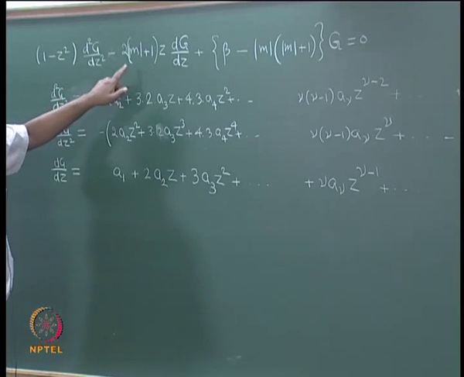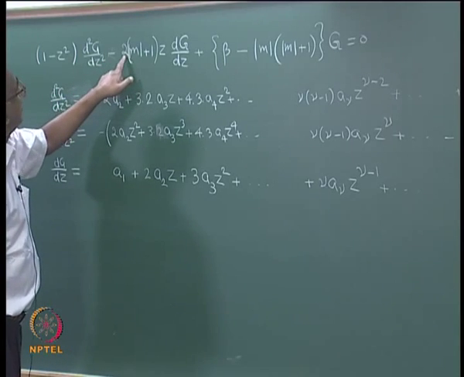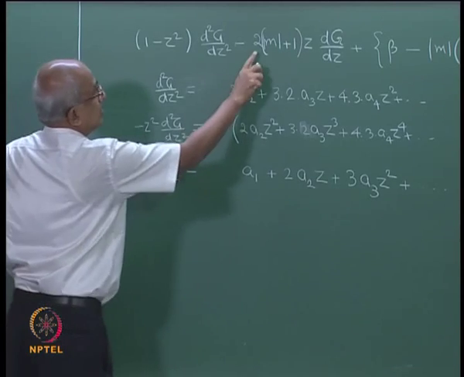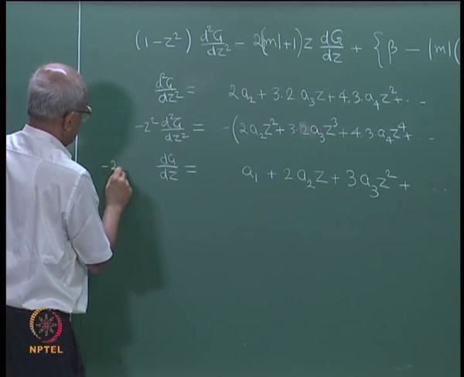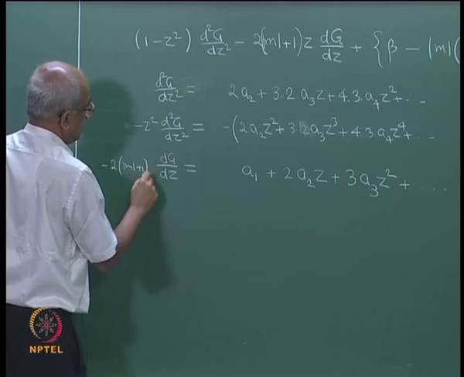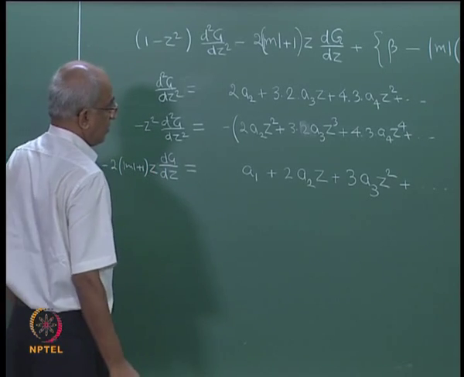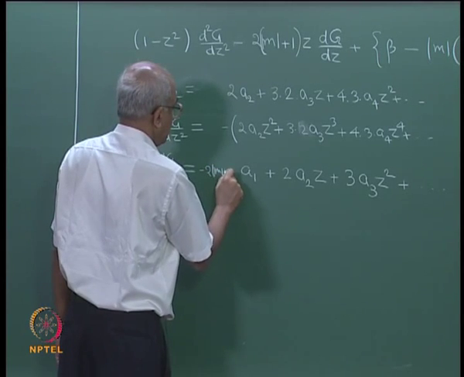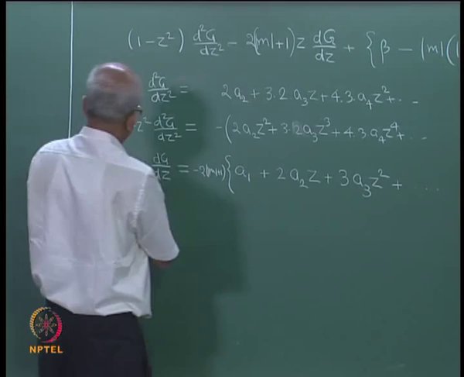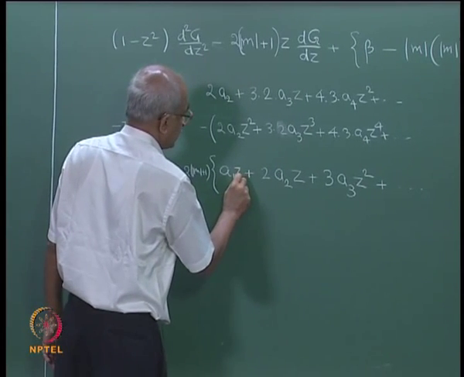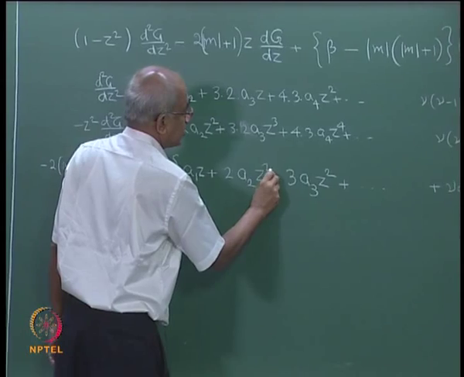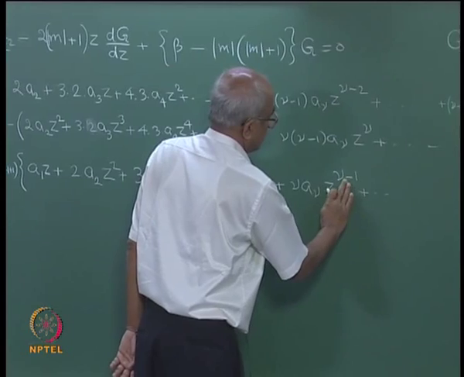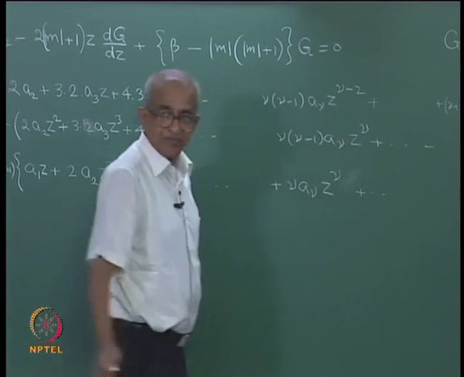So, that is fine. Then I need minus 2 times magnitude of m plus 1. So, let me just take this and multiply it by that term, right. So, I am going to multiply by minus 2 into magnitude of m plus 1 into z. So, this minus 2 into m plus 1 I will keep outside, but the z I am going to take inside. So, I will have a z coming in here, this will become z square, this will become z cube, and the way I have written these things, you see this will become z to the power of nu plus etc.